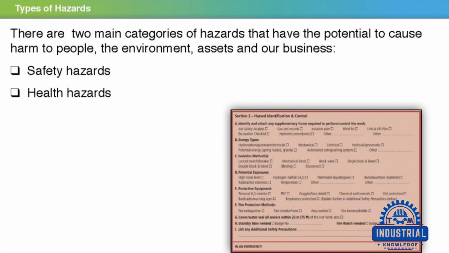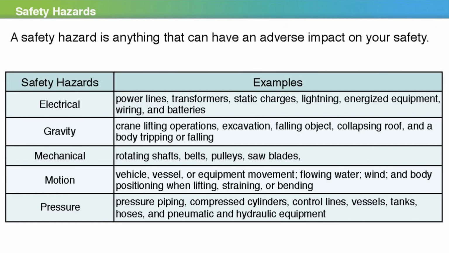Types of hazards. There are two main categories of hazards that have the potential to cause harm to people, the environment, assets, and our business. Safety hazards. Health hazards. Safety hazards. A safety hazard is anything that can have an adverse impact on your safety. Examples: electrical,